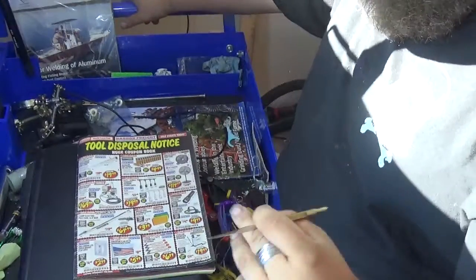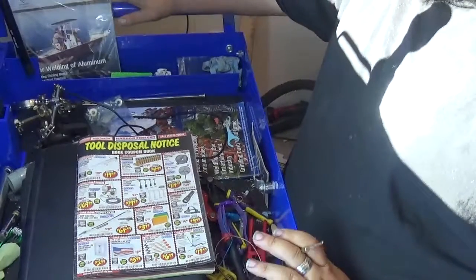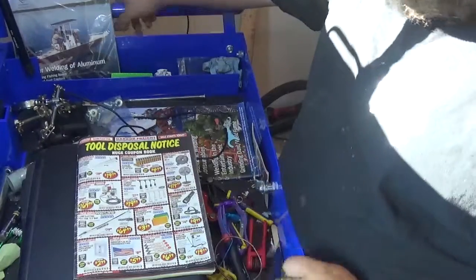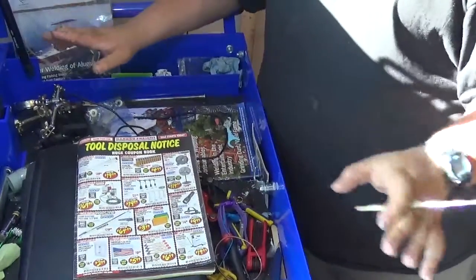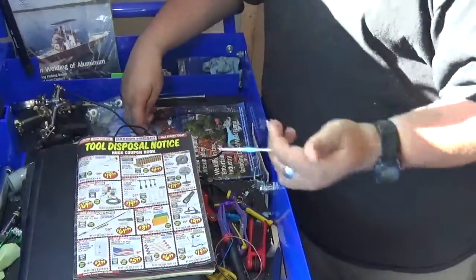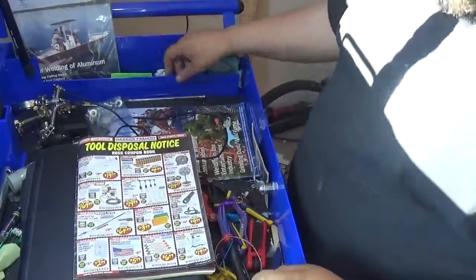Howdy folks, we are going to look at July's coupon book. Now I do realize that it's the second week of July, so just bear with me. The holidays were a mess,